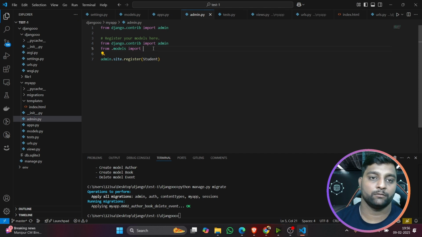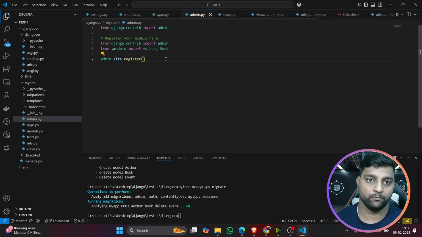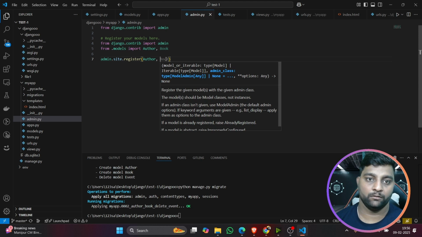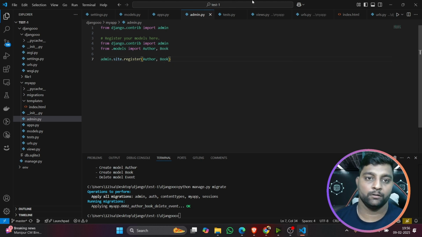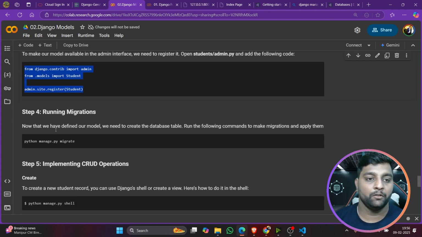Register, import Author, Book. Register Author, Book. So once this registration is done, then you need to rerun the migrations